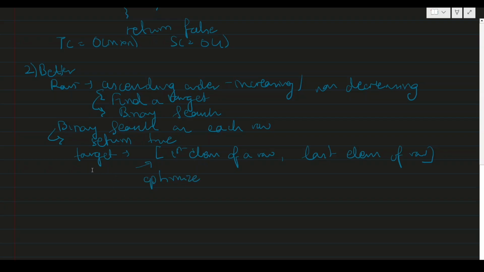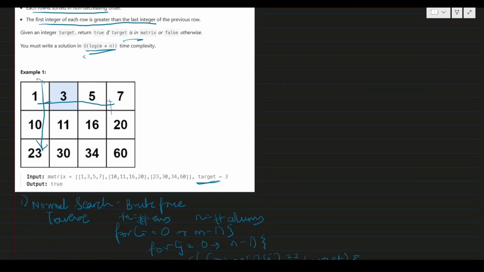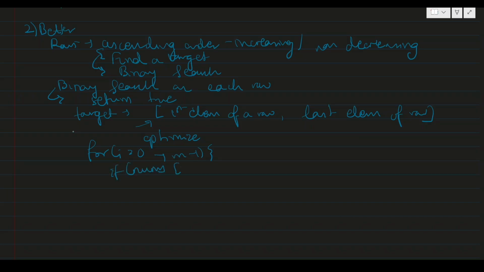We can optimize our approach by using this. First we'll check if the target lies in this range, and then we can do the binary search on that row. Let me first write the pseudo code actually. The pseudo code of this solution would be something like: for i equal to 0 to m minus 1, we'll traverse each of the rows. First we'll check if nums of i of 0 is less than or equal to target,